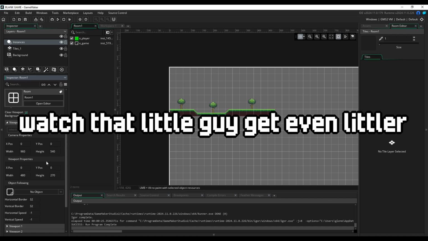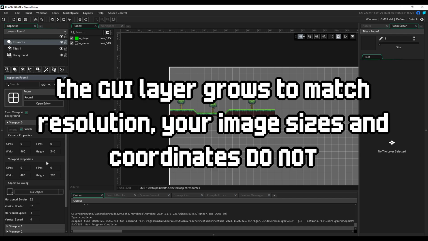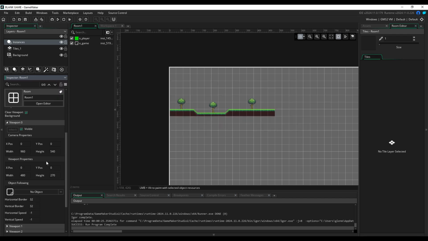and then the GUI layer is taking up, let's say it's a 4 by 4 sprite, taking up 4 pixels one way, 4 pixels the other way, and then when you blow it up, it's not actually stretching the GUI layer, it is creating a larger GUI layer. So when you're using your Draw GUI event, if you're going to be supporting multiple types of aspect ratios or resolutions, you need to have a variable